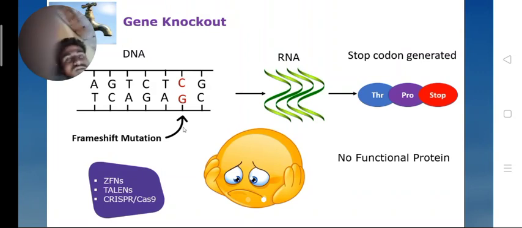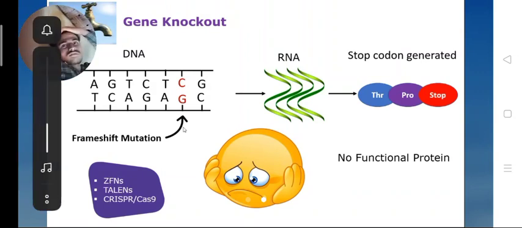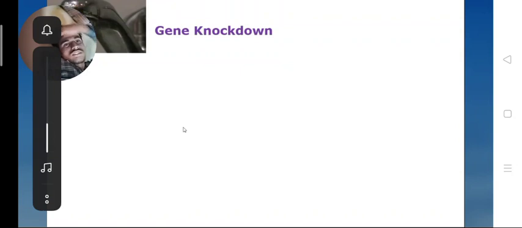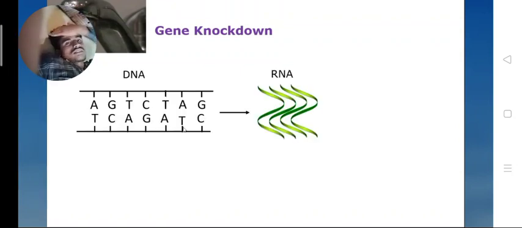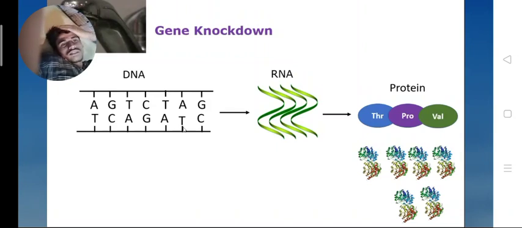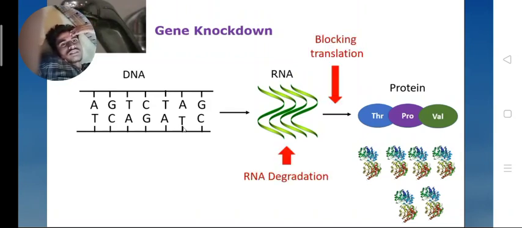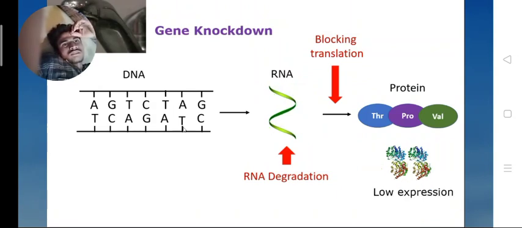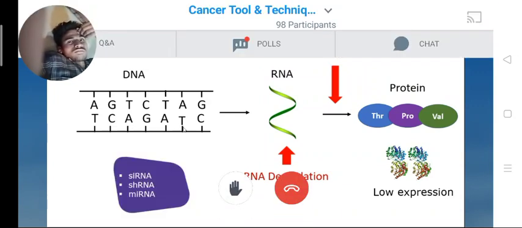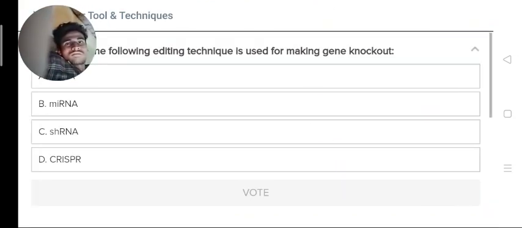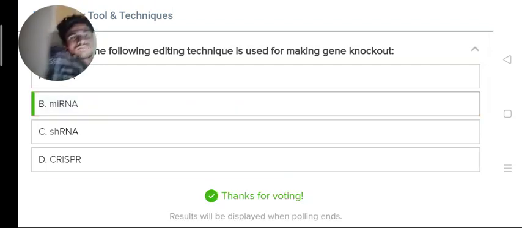Now coming to gene knockdown, what is meant by gene knockdown? You have a DNA, you have an RNA, you have a protein. This is the normal. But there are certain mechanisms by which you can degrade the RNA or block the translation. Then you will have fewer proteins. And because there are fewer proteins corresponding to a particular gene, the gene is knocked down. There is less expression. This can be achieved by siRNA, short interfering RNA, miRNA, and short hairpin RNA. So siRNA, miRNA or RNA machinery is used for gene knockdown. It can decrease the expression, but it cannot completely eliminate the expression.